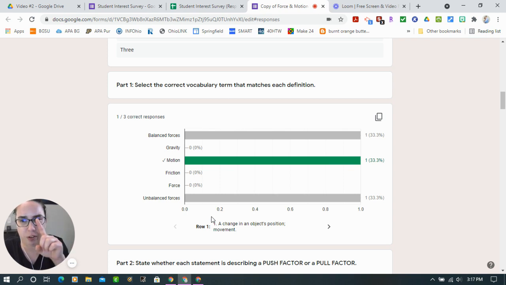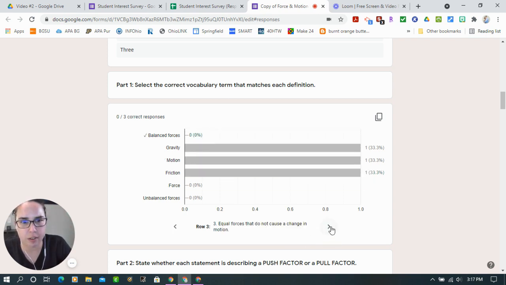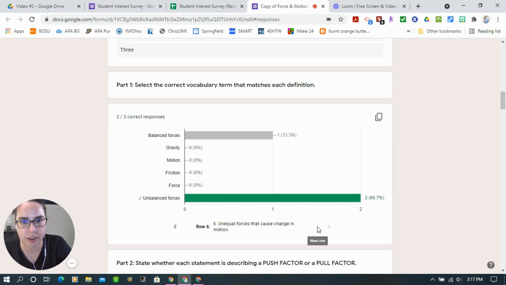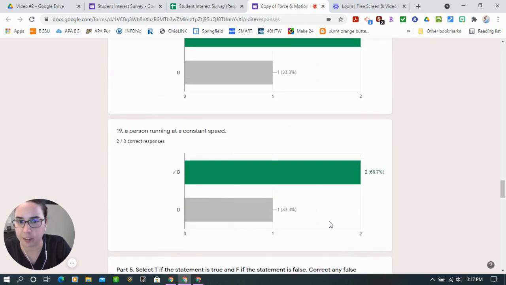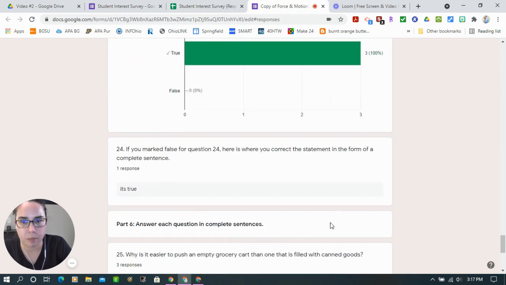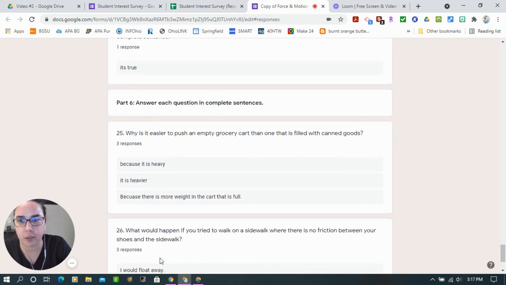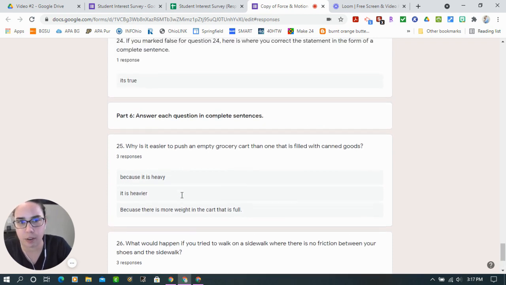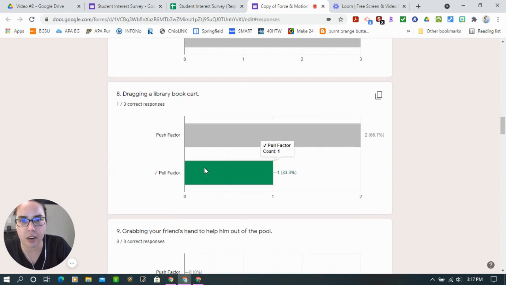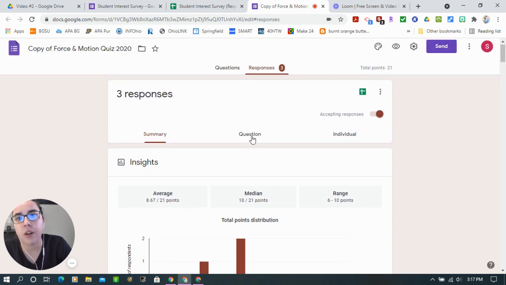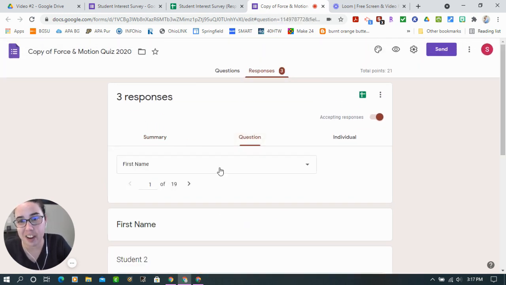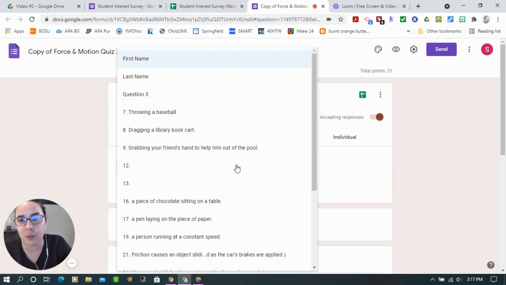This was one of those multiple choice in the rows. So you could go to each row and look at each one to see how your students as a whole class did. And then there's just basically per question. And then you did have some fill in short answers here. These ones you have to grade separately. So this data here at the top will change once you grade the short answers because right now they're not in there. So this is where I actually use the question tab,